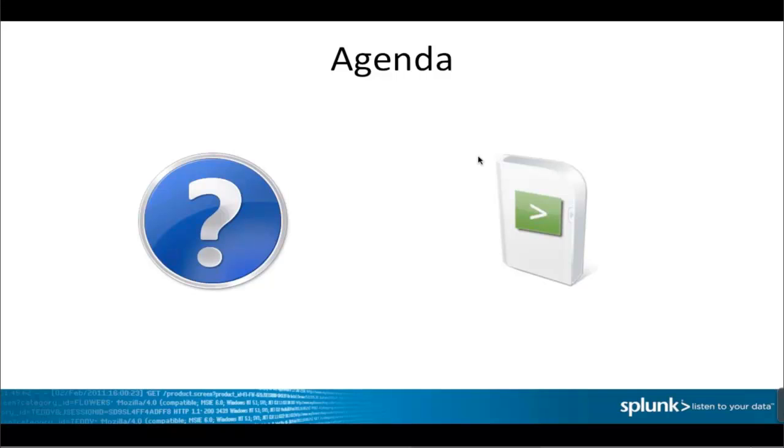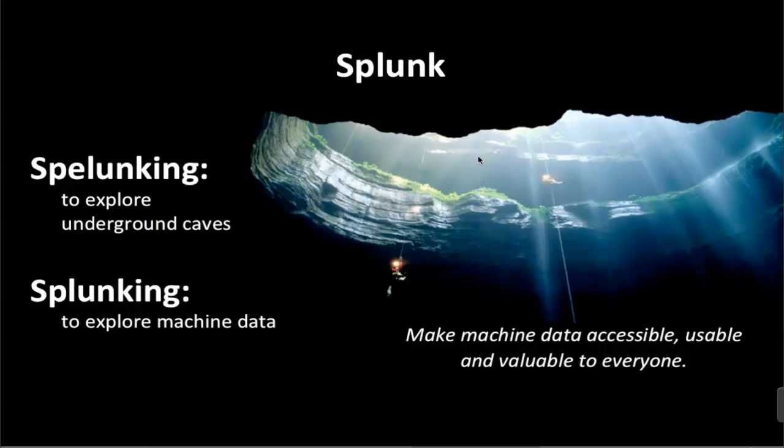If we start thinking about what is Splunk, a lot of people ask what the name Splunk means. The founders, when they were trying to think of some cool name for this idea they had about exploring machine data, said, well, Splunking is exploring underground caves, so we'll call this company Splunk, because we explore machine data, going to that deep level of machine data. And so that's where the name Splunk comes from. What you see in the bottom right-hand corner of your screen is actually Splunk's mission statement: to make machine data accessible, usable, and valuable to everyone.